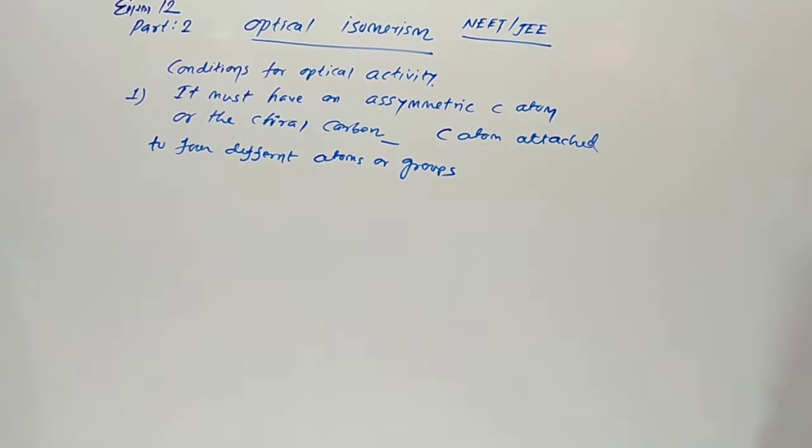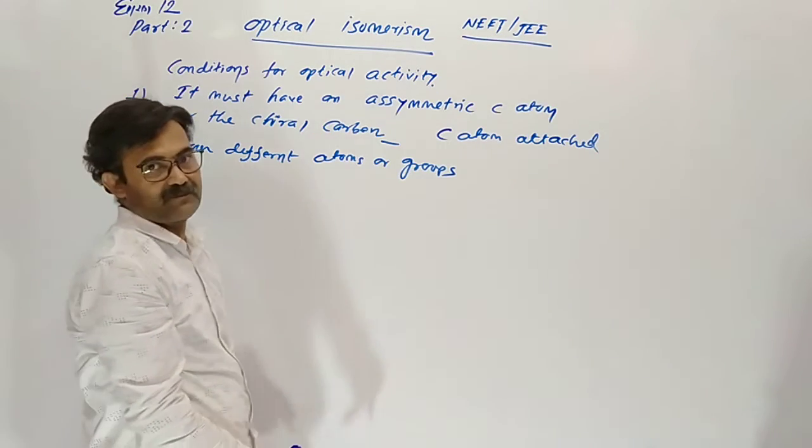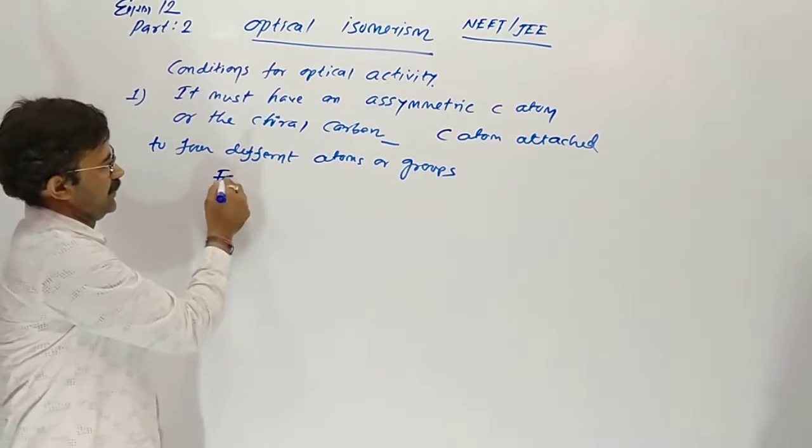All the four atoms or groups will be different, and that carbon is called an asymmetric carbon atom, chiral center, stereogenic or stereo center. Understood? For example,